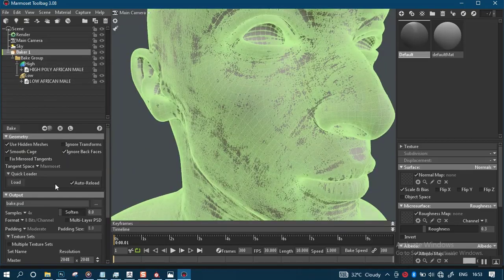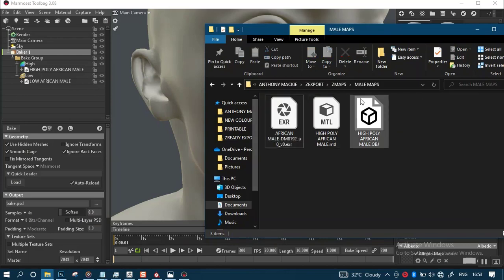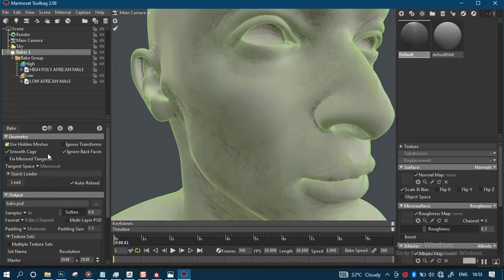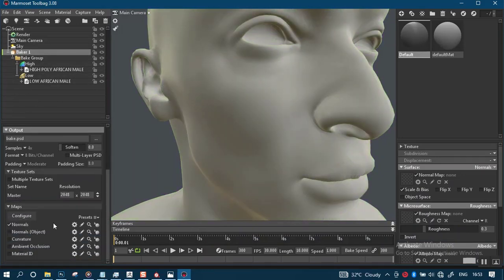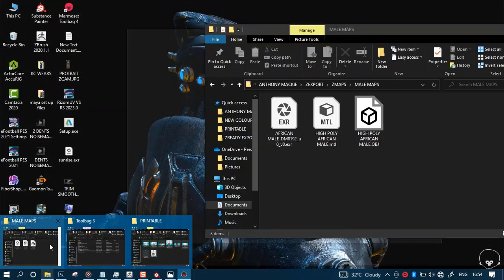So I'll go to the baker now. This map we're having here, I'm going to delete this and I'll select this baking part, this baker one. Then I want to bake at 4K resolution, so I'll increase this to 4K. I want to bake the, I don't know if the normal map or the displacement map I baked out of